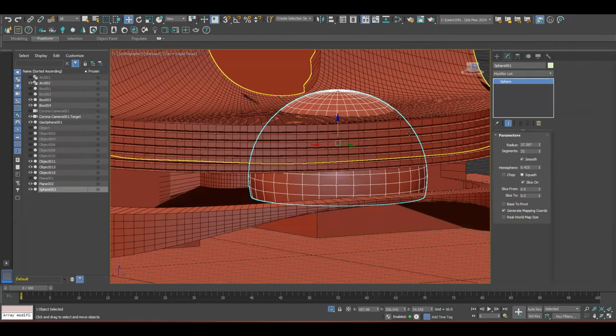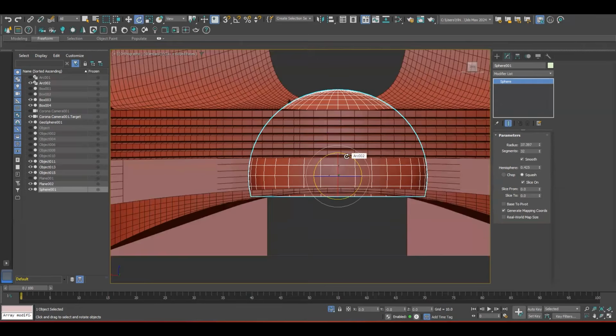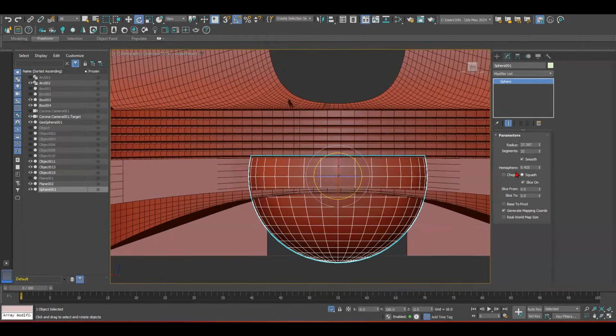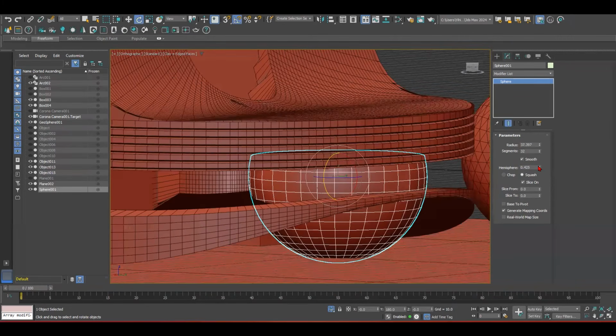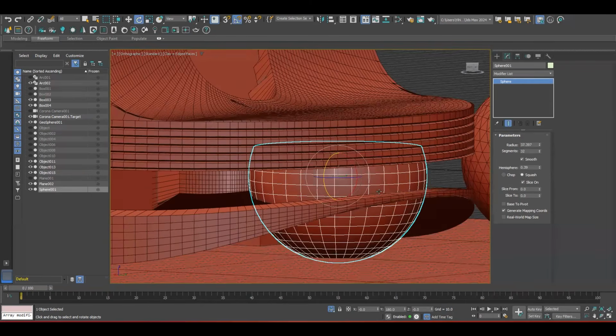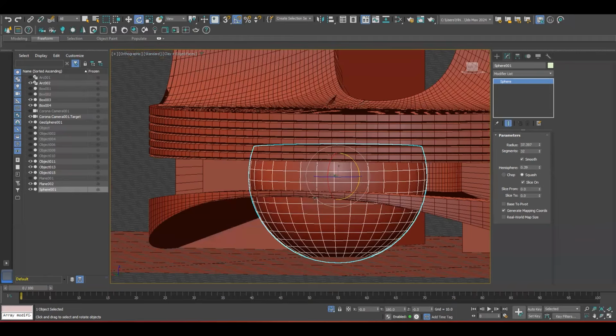So in order to cut this, once we are still on the thickness of it, we can just do this.